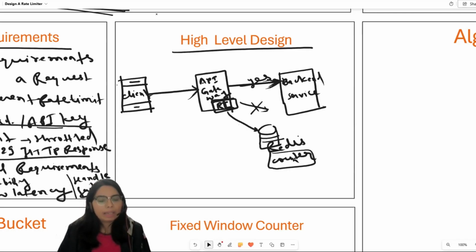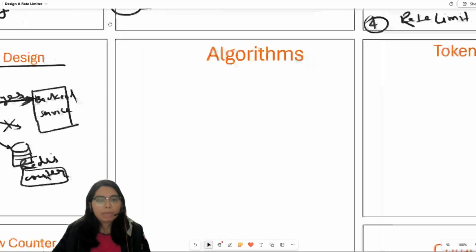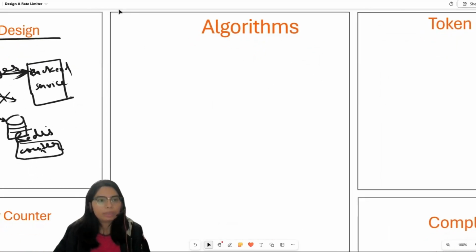So this is pretty much a high level design. We will discuss more about this in the complete design. But before that, let's discuss some algorithms that can be used to design the system. There are five algorithms that we just discussed. Number one is token bucket,